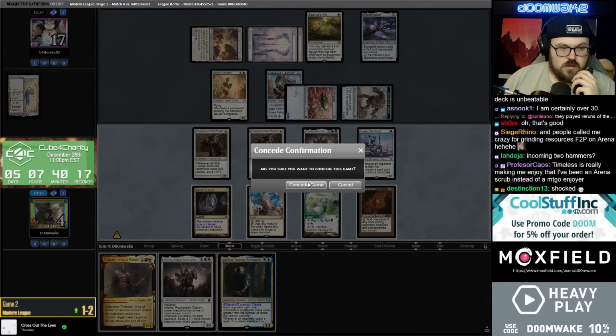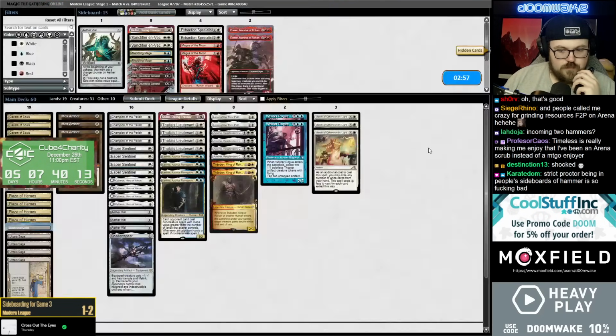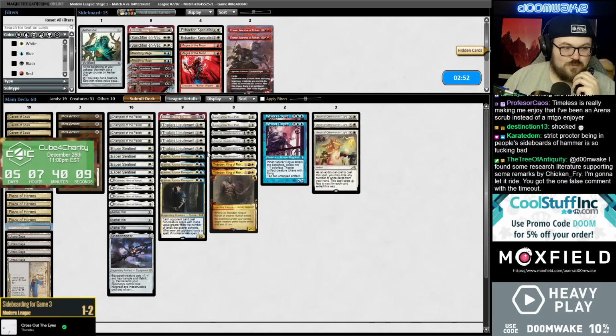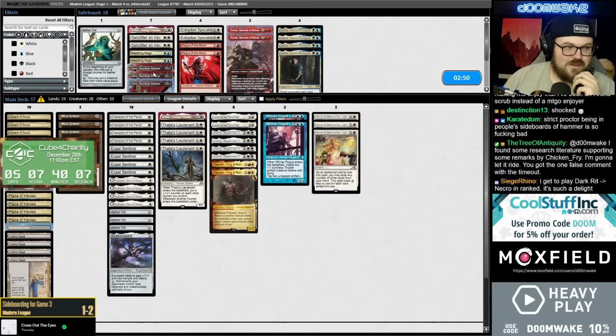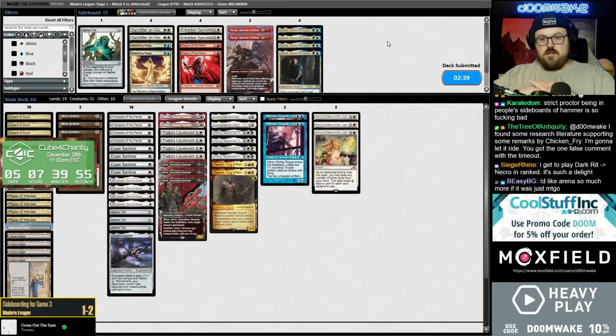Alright, game 3. Strict Proctor did crush us that game. In their defense, it was really good. Alright, let's do this. I don't want these Lavinias. Still don't want Magus. I have my 3 answers to Proctor, so...